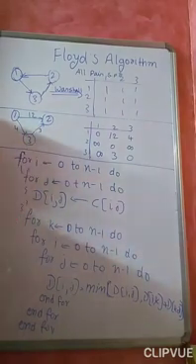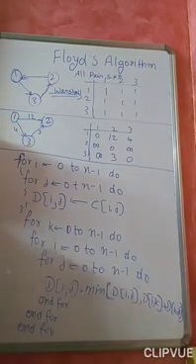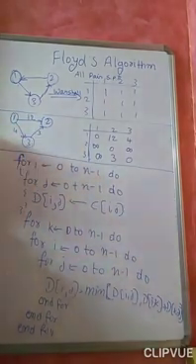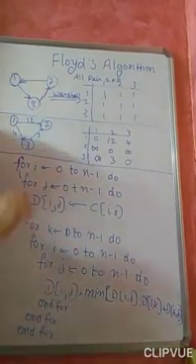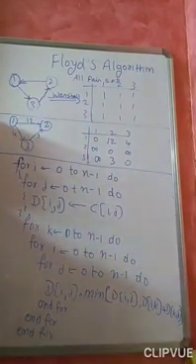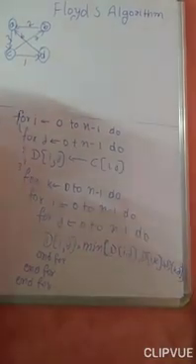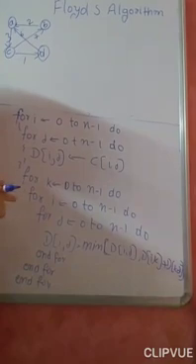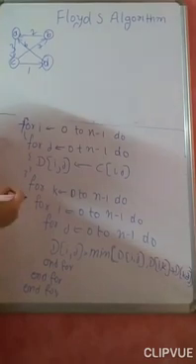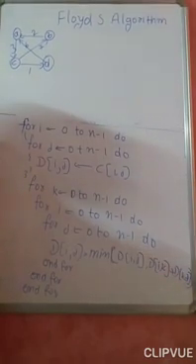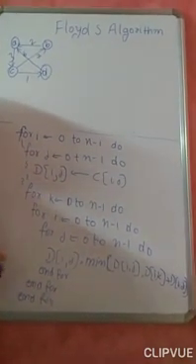So consider this particular graph. What is the input for the Warshall algorithm? It is an adjacency matrix. And what is the input for your Floyd's algorithm? It is a cost adjacency matrix. Got the difference? An adjacency matrix is a matrix where the entries will be either 0 or 1, if there is an edge between any two vertices. A cost adjacency matrix is a matrix where you will have the weights represented. Instead of 0 or 1, you will have the entry as the edge weight. So that is the cost adjacency matrix, and this is the algorithm for Floyd's.